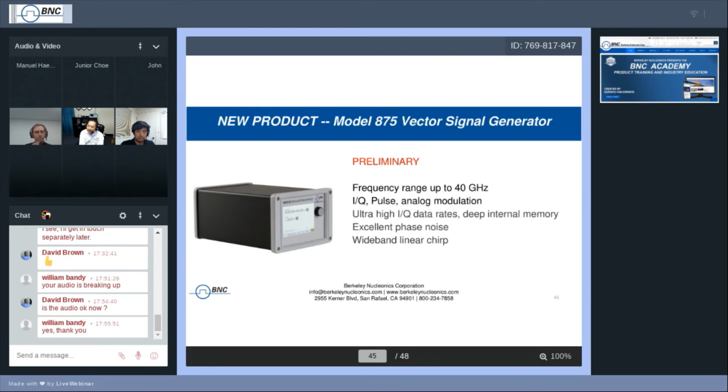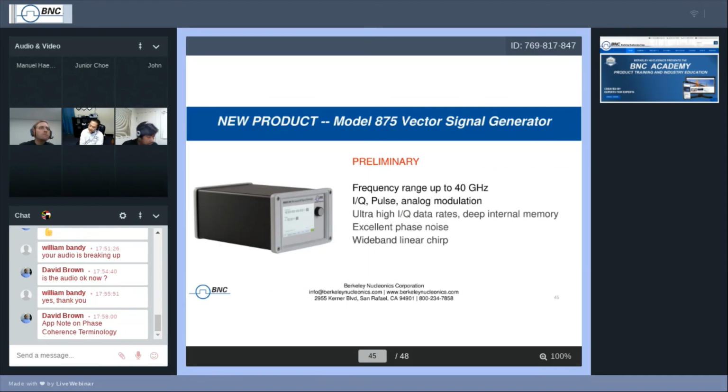And we're very excited about this one here, the Model 875 Vector Signal Generator. Over the years, all of our benchtop signal generator or synthesizer customers were requesting, I would like to see some IQ modulation. When are you guys going to start providing something like that? So we've taken that to heart and went to the drawing board, and now we're very excited to announce our